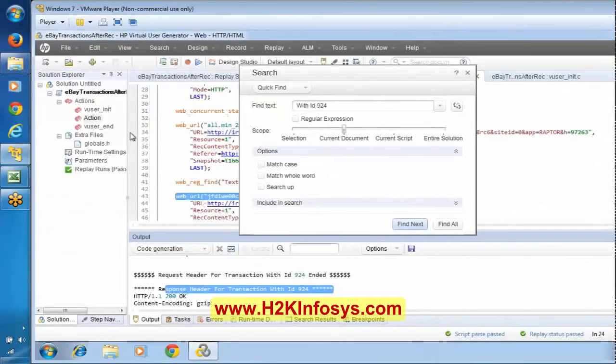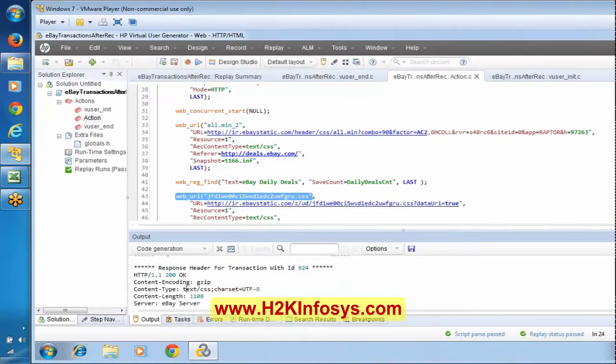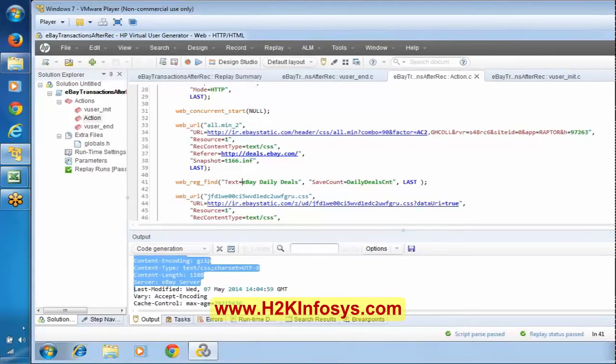Okay, now here based on this transaction ID, we are trying to find this particular response here. Now in this particular response, basically this is the response. In this response, if you remember, yesterday we observed something like eBay daily deals. I'm not sure whether we exactly looked into this information. I mean, yesterday it seems we missed it. Somewhere we went wrong over here, while tracing out somewhere we made a mistake.